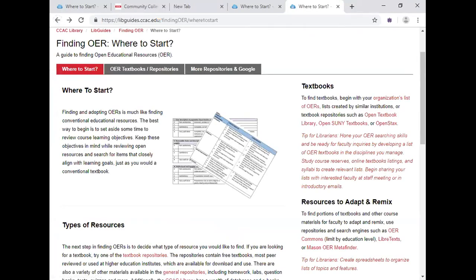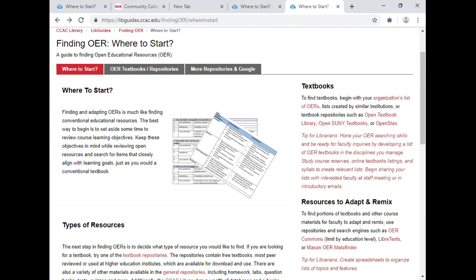So here's what I do. Here's my tip, and this is something that I have used again and again, both to train myself to search these various repositories, and to have an idea of what's out there that the faculty might want to adopt. I developed a long list of textbooks that I thought the faculty might want to adopt in my university. I did it in my subject areas. I searched all of the repositories. I came up with this list, and I have used it over and over again as I've had